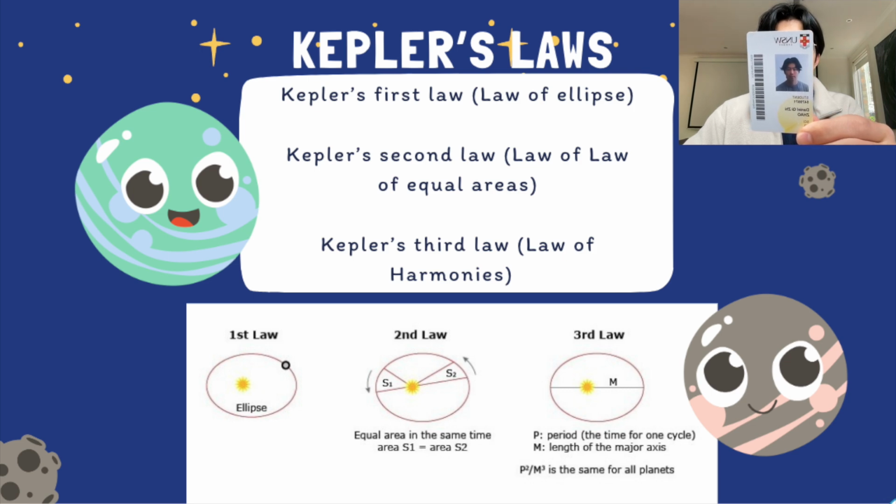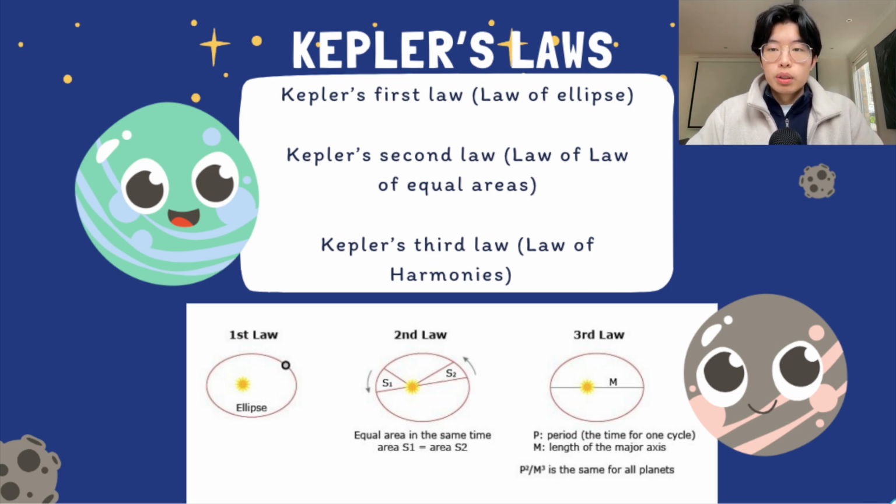So just to jump right into it, what are Kepler's laws? Kepler's first law, known as the law of ellipses, states that all planetary orbits around the Sun follow an elliptical path with the Sun at one of two foci. An ellipse is a geometrically stretched circle, meaning that the planet-to-Sun distance is constantly changing as the planet